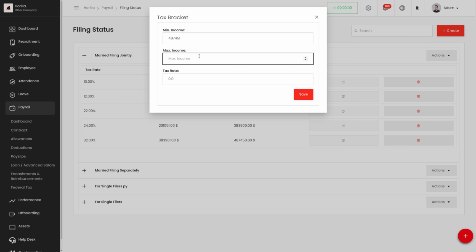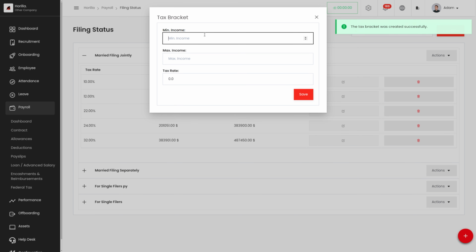The maximum income for this is 731,200, and the tax rate for this is 35 percent. Sorry, 35 percent. And let's go to the next one.